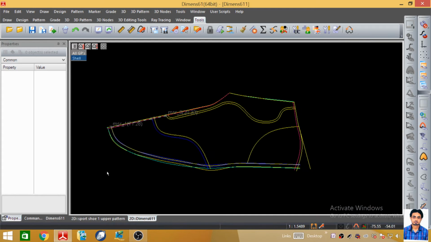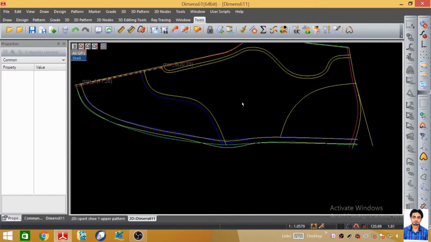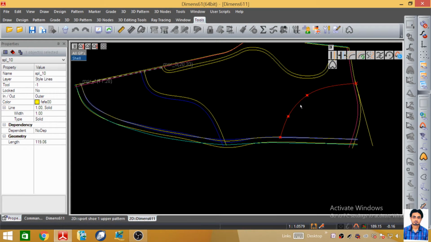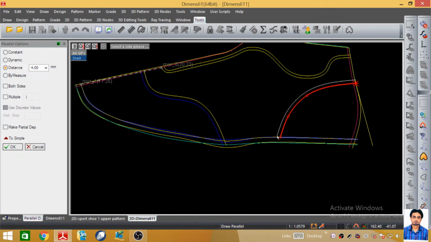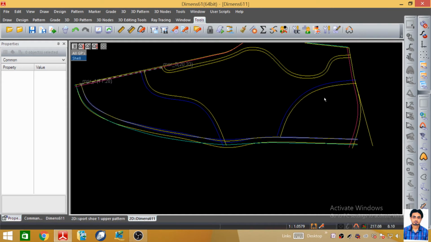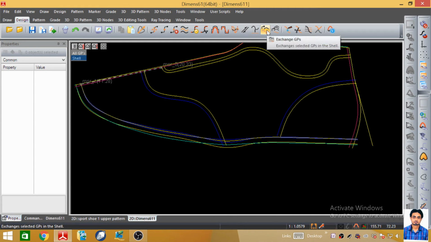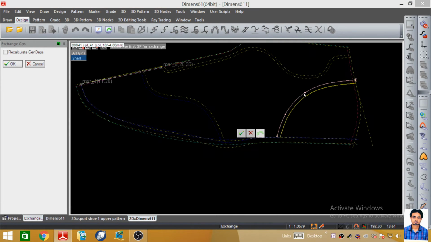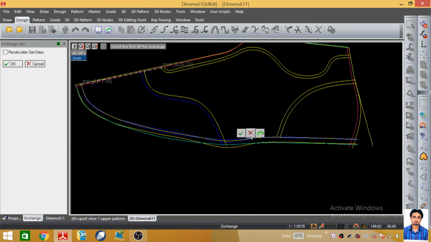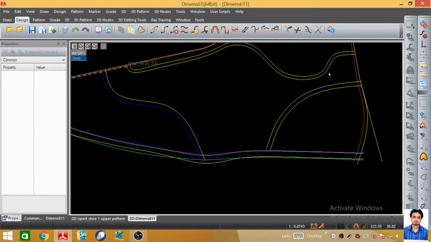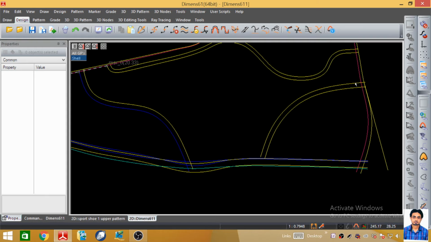Now it's okay. After finishing this work, we have to draw the counter stiffener pattern. So what we have to do, we have to select this line and we have to take the parallel and then okay. After that we have to go to the design menu and select the exchange GP, and we have to select this line and exchange it like this. After the exchanging of these things,